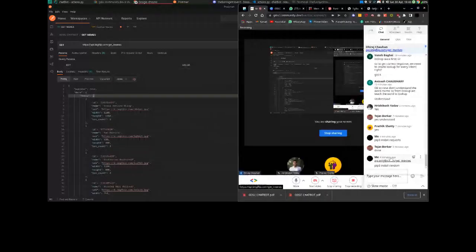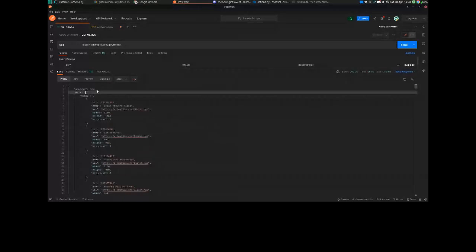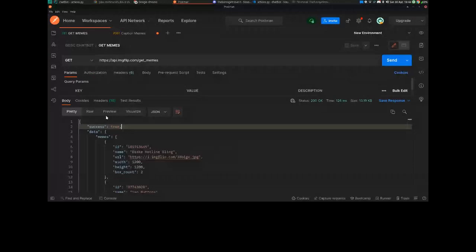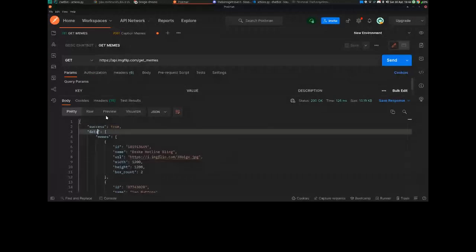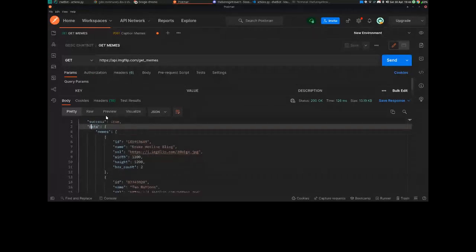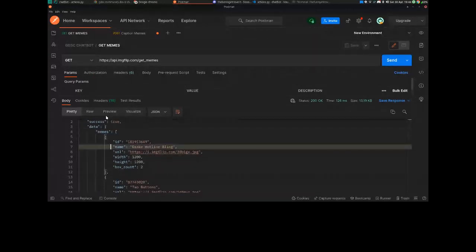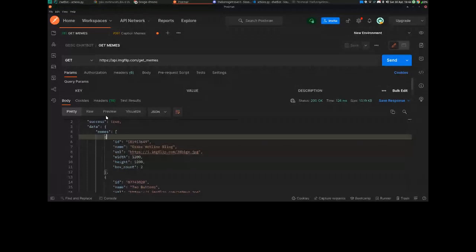Okay, so in here you can see we have something called data. Success is there, but there is a comma, right? It's not directly inside, but data is where it starts, and inside that we have memes, and inside that we have a URL. So to get this URL, we first have to say there is something called data. So I will start writing.